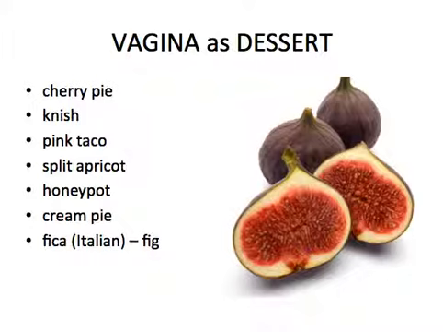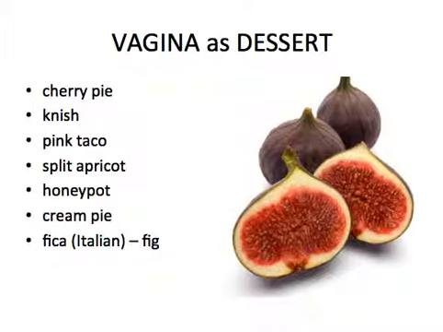So at one stage or another, these have been used in various dialects to refer to vagina: cherry pie, niche, pink taco, split apricot, honey pot, cream pie, fica in Italian, which means fig, and there's a picture of a fig. So this is the way that we often go about language, is we talk about abstract ideas, or we talk about or refer to things which are kind of taboo by reference to particular more concrete or safe items